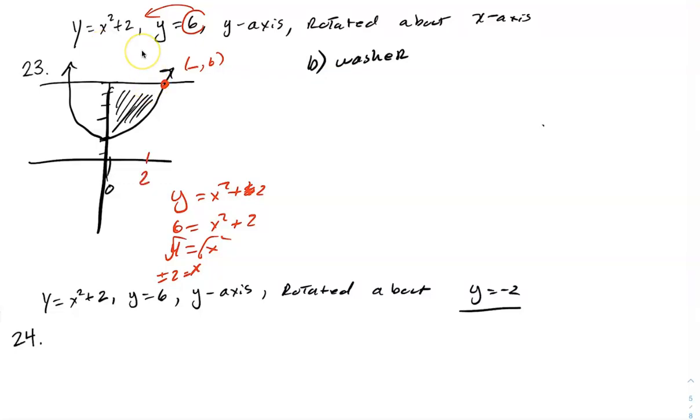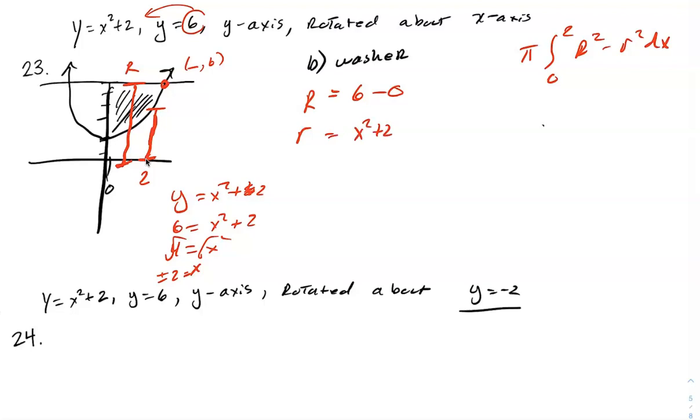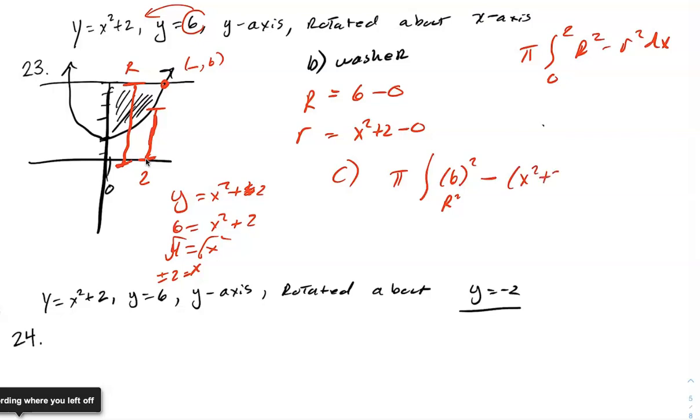Now, again, we're trying to find the volume, so we need big R and little r. So this is our formula. We're going from 0 to 2 of big R minus little r. Big R is the furthest distance from the x-axis, so that'll actually be this guy. That's the bigger value. That's my R. That's going to be 6 minus 0. Now what's a shorter one? That'd be the x squared plus 2, actually the shorter one here. So that'd be x squared plus 2 minus 0, my small r. So plug into the formula. Pi times the integral of big R, 6 squared, minus my little r, which is x squared plus 2, squared